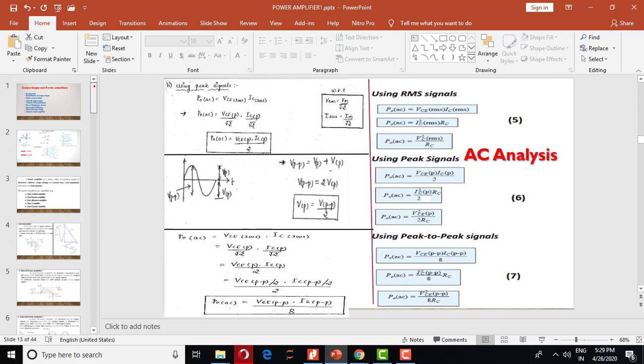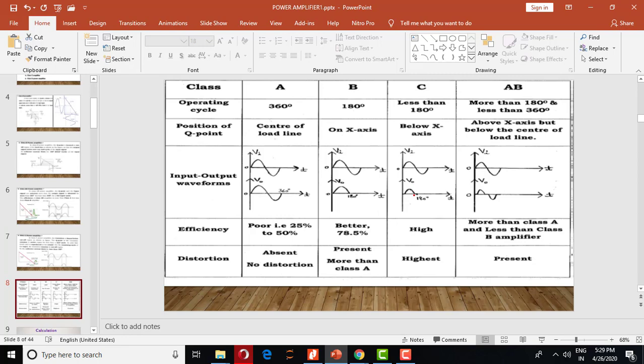The efficiency means output by input. Here, see, I have a very small portion. If it is a small portion, I can make a large type of amplifier. If it is a large portion, I cannot make more gain. Here I can make more gain because I have a very small portion, and I can get the gain in a larger portion. So efficiency is very high because I am concentrating on very few areas. But here, if I consider the full area, the efficiency is less.